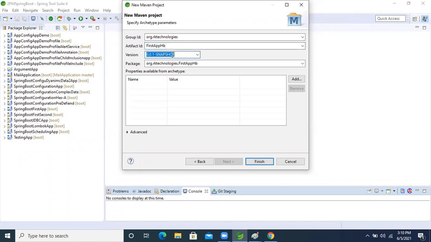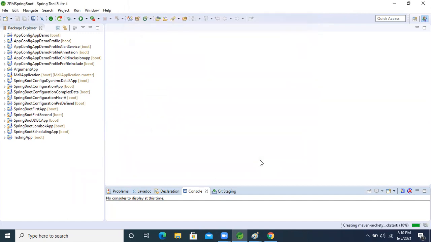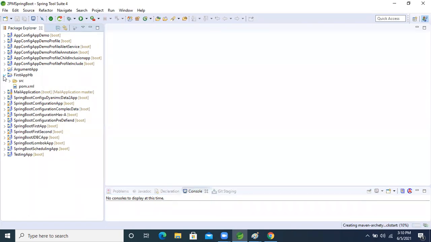Version I'm giving 1.0. Now finish it. Okay, so fine now. This application is creating; it's still not created. It's creating now.